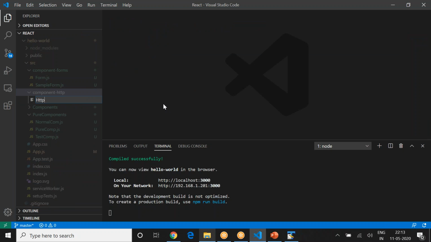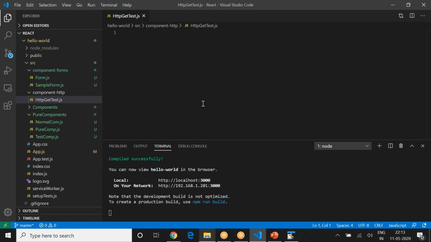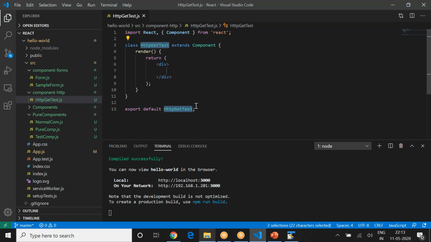New file, http get test.js. Okay, that's fine. RCC, that's a React component. Okay, this is enough. And an import Axios. Fine. I don't know what the issue was.